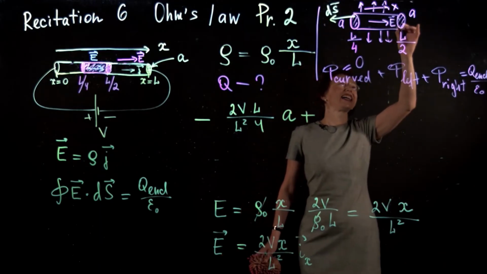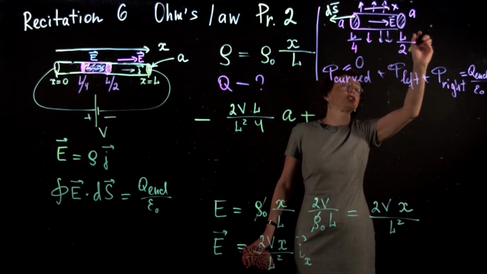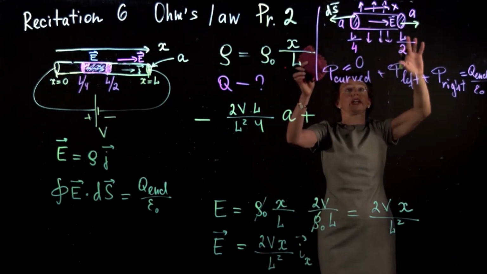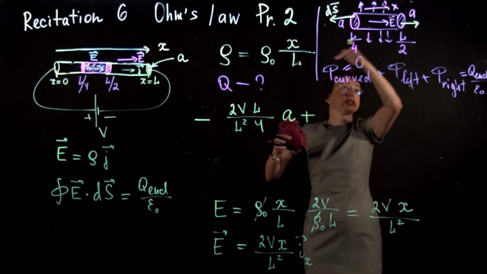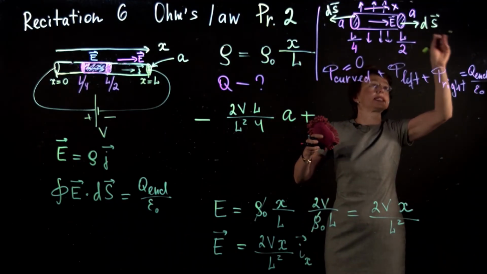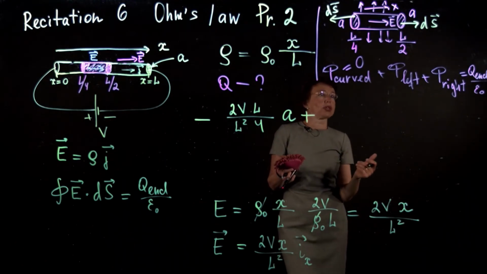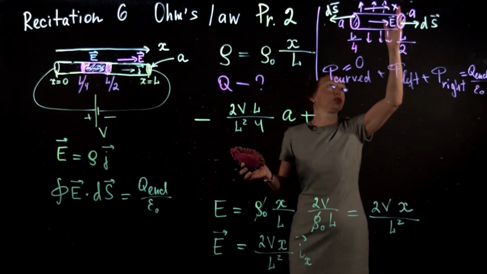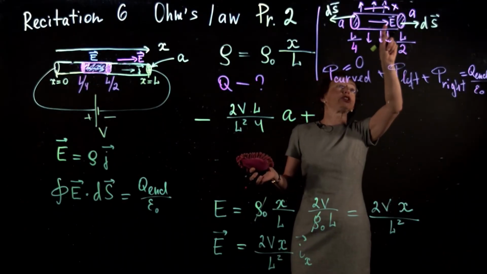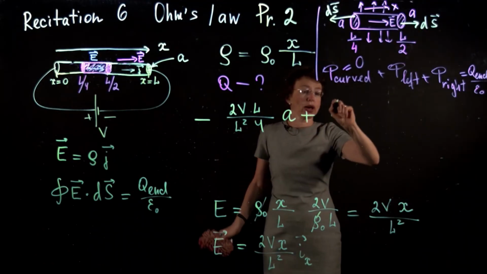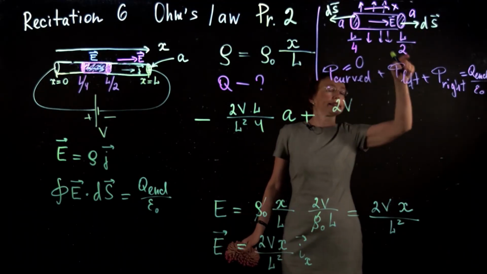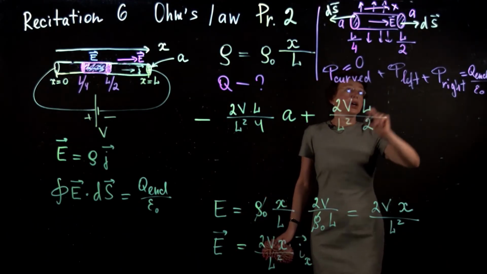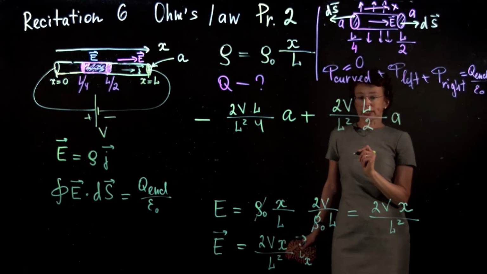What is phi right? Flux through this surface. Electric field is to the right. Area vector is to the right. I remind you that the area vector is out of the closed surface. That's why this one is to the left and this one is to the right. This is ds. Do we know the magnitude of the electric field right at this surface? Yes, it's constant because x at each point of this surface is L over 2. Electric field is in the same direction as ds, plus, so I have 2V, x is L over 2, and then L squared. What is the area vector? Area vector is A.